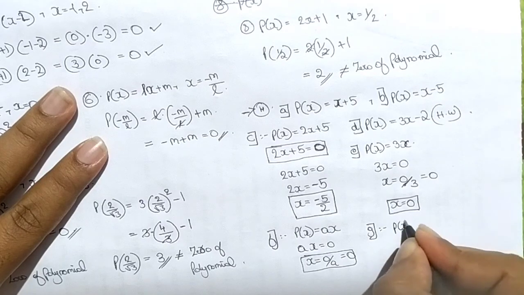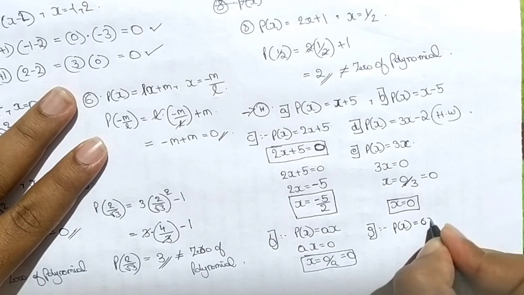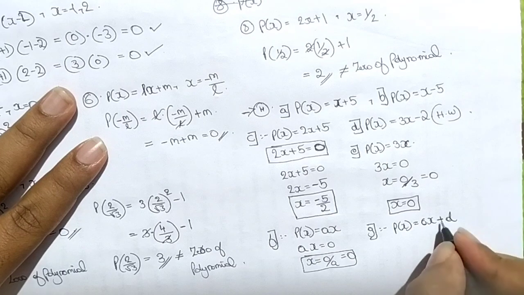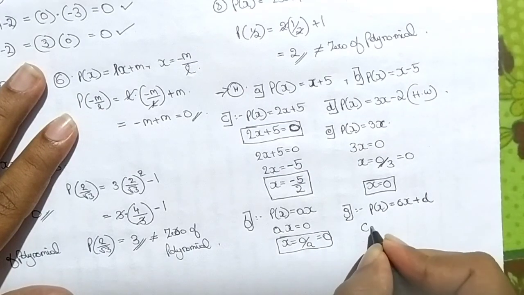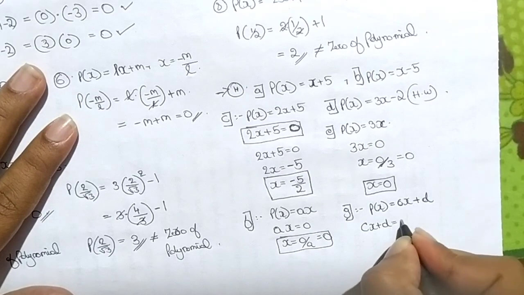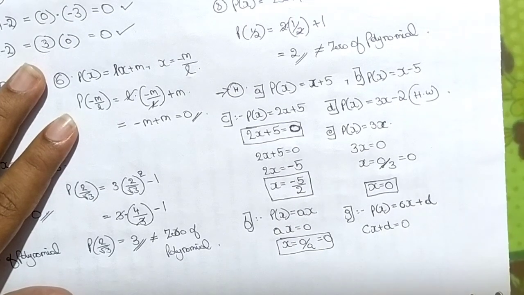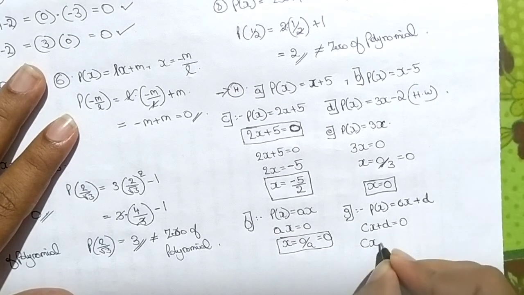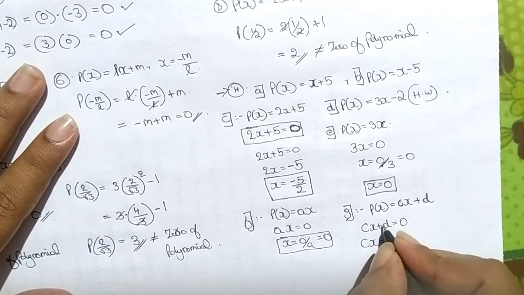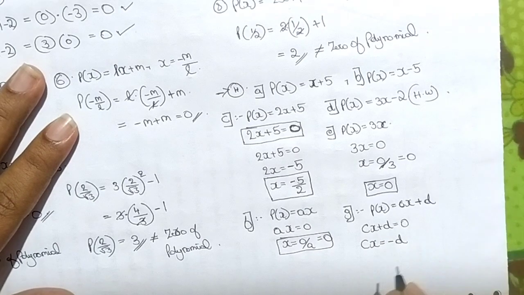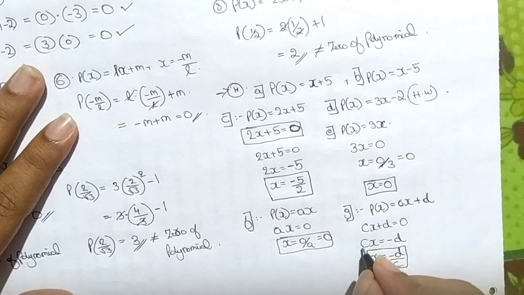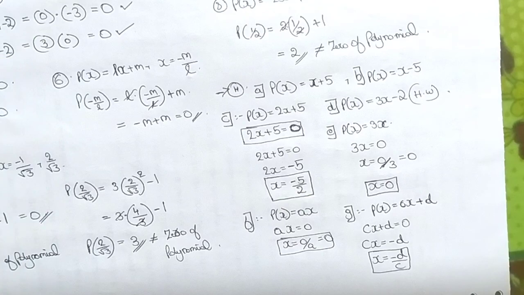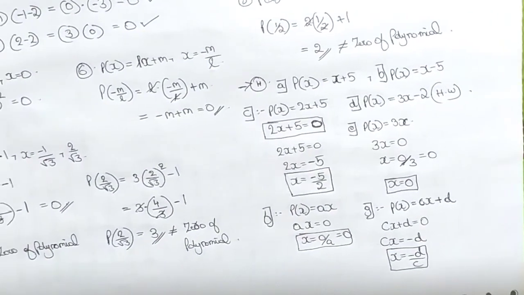And the last question is P of x equal to cx plus d. This is the same as this one, but still I am going to do it so that you should not get confused. cx plus d is equal to 0. Our first step is to equate with 0 to find the 0 of a polynomial. cx is equal to minus d. The d is taken to the opposite side, minus d. x is going to be minus d by c. Why? c is multiplied to x, and c taken to the opposite side gives you minus d by c. This completes our exercise 4.2.